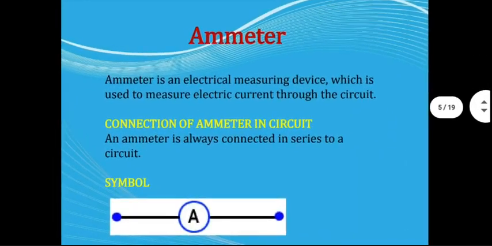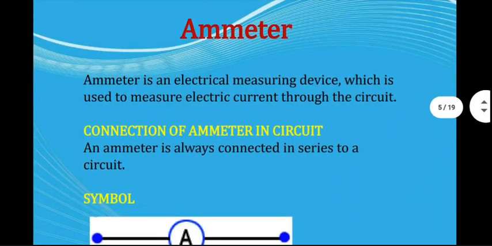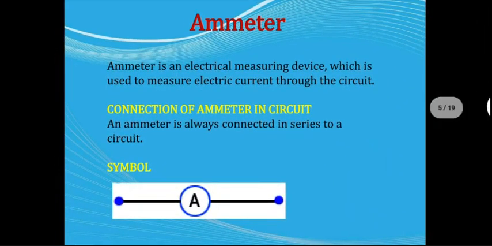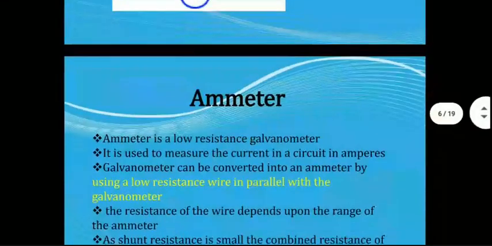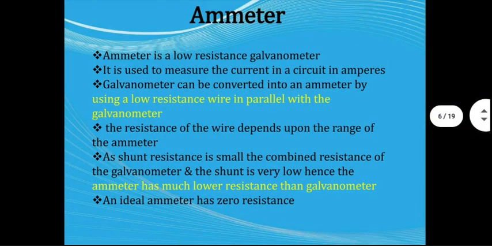Now, how to convert the galvanometer into an ammeter? First, look at the symbol for ammeter. You know all this, I'm sure, so I'm not going to waste too much of your time. This is the symbol for ammeter. It is connected in series with the branch in which you want to measure the current. It is supposed to have a low resistance so that it doesn't drop any voltage, or very little voltage, across it.